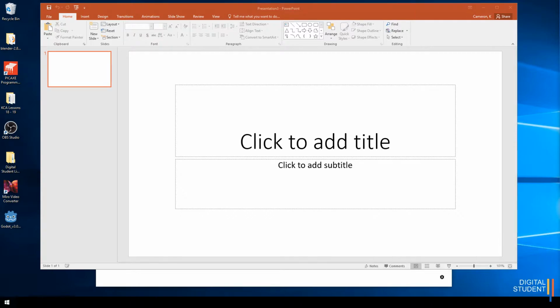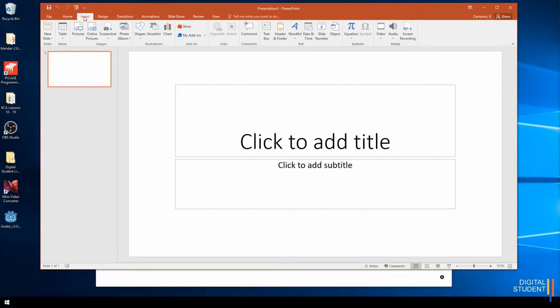One way you can do that, and a really successful way in school, is to use PowerPoint. If you open up a brand new PowerPoint document, just a completely blank one, and you head on over to the Insert tab, there's no need to save this document because we're just taking the screenshot out of it straight away. So we can head on over to the Insert tab, and then this button right at the end